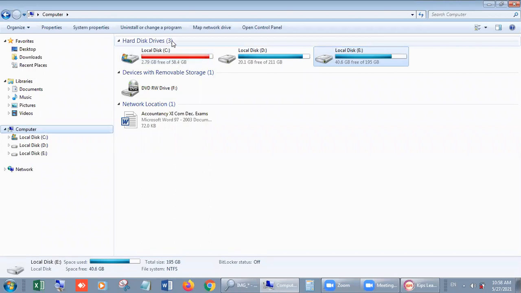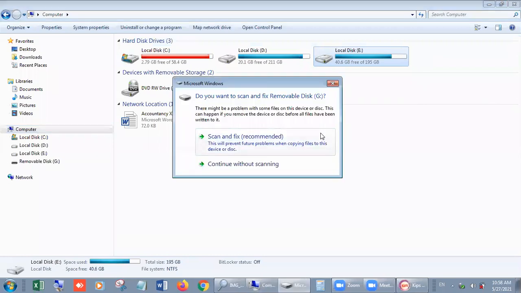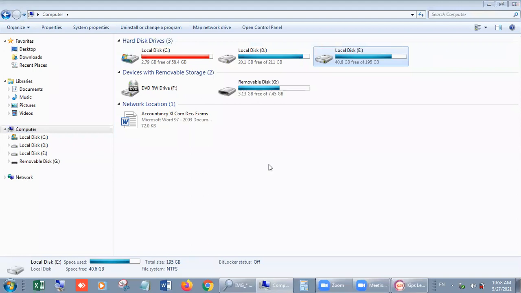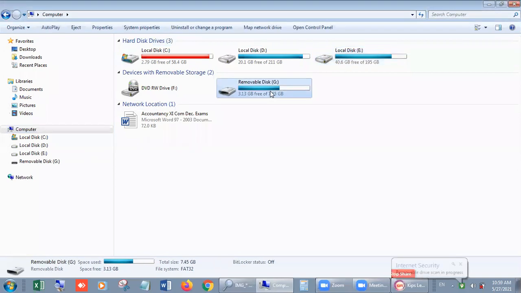Now I'm going to plug in a pen drive, then you will have another drive here. Wait, I am inserting the pen drive into my laptop. Look students, another drive already came.